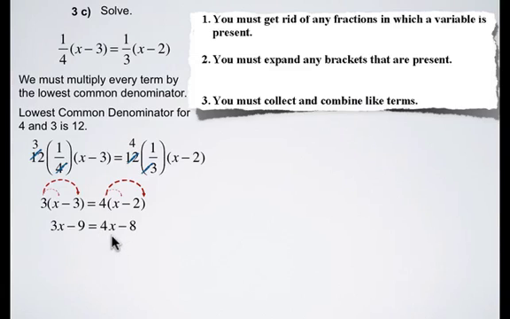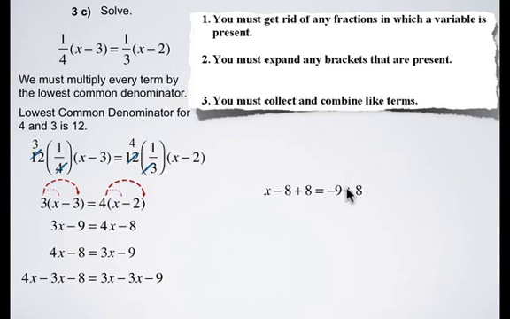Next, what we are going to do, same as before, is get rid of the term with the variable from the right-hand side. So we're going to subtract 4x in order to get rid of the terms with the variable. And actually, what I'll do is switch this around because it'll get rid of a step later on. So we're going to subtract 3x from both sides, and when we do this, we're going to end up with 3x minus 3x, which is 0,